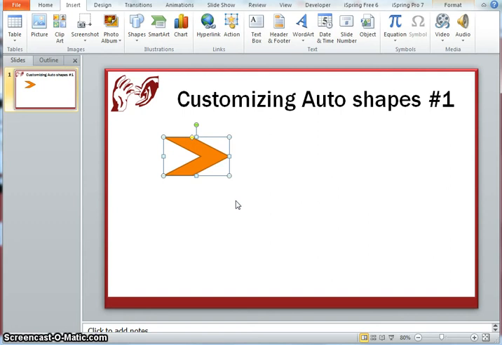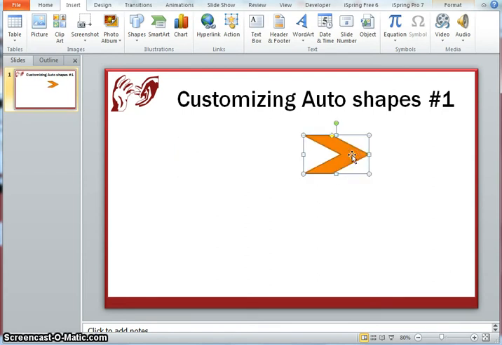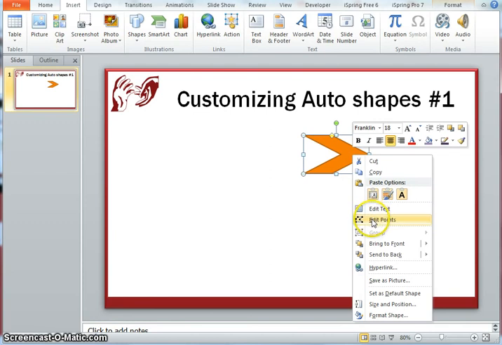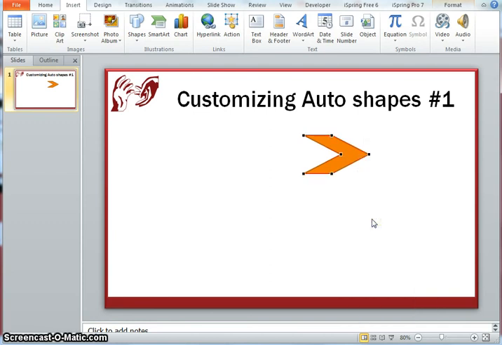So this is one shape that comes out from the chevron arrow, and I must decide to take the final shape before I start with the next set of actions, because this handle will not be available to me further. Having decided that this is the final shape that I would want to continue with, I right click and choose the edit point options.